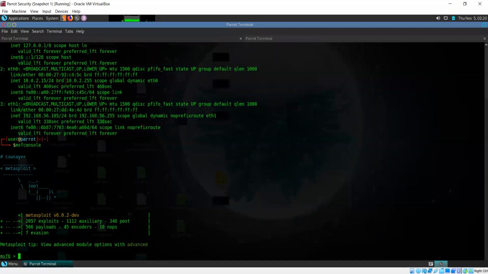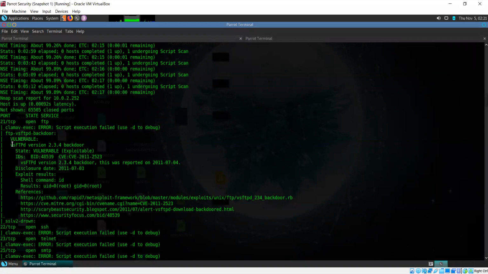So Metasploit is open. Now, like I mentioned, Metasploit has a lot of modules. Even they mention it here, 2000 exploits. So what that tells us is there are a lot of things to do with Metasploit, and a lot of modules. I can search for a module belonging to a particular vulnerability by typing in something related to it. So let's say I want to search for this VSFTPD version 2.3.4.